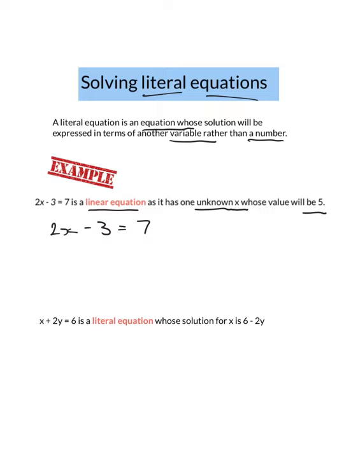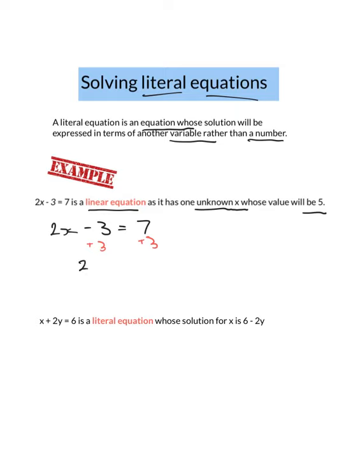So we're going to apply some inverse operations, working in reverse through BODMAS, in the inverse direction. So we've got 2x minus 3. We're going to do plus 3 to each side. Whatever we do to one side, we do to the other. Remember, we want to get x on its own. So then we're left with